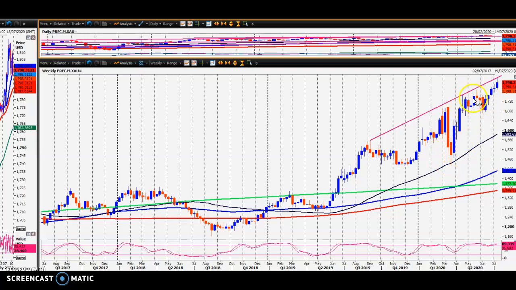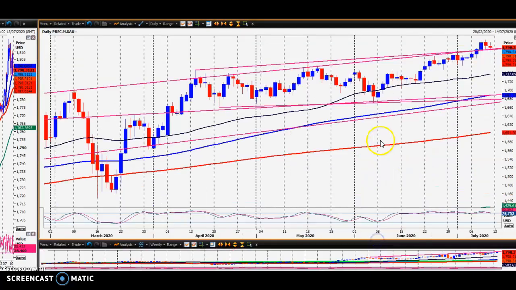Pretty much just sideways through the end of April to the beginning of June. And it's only in the last few weeks that we've really taken off again. Looking at the daily chart, that was the weekly chart. Looking at the daily chart, it's now key that we hold on to